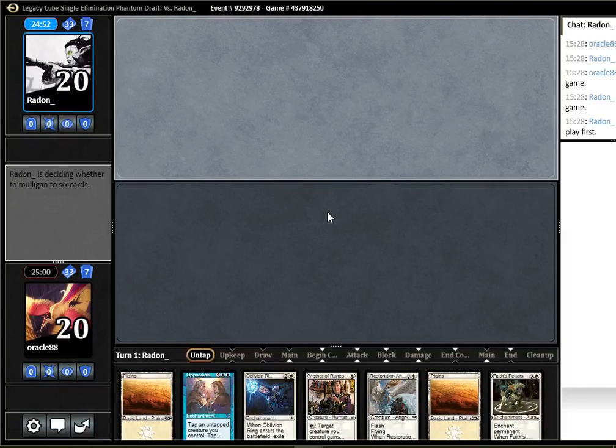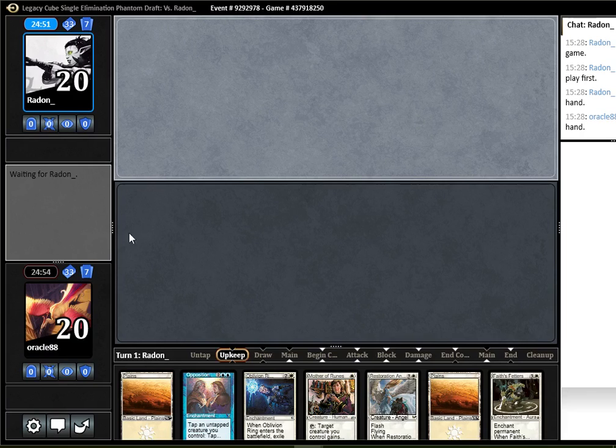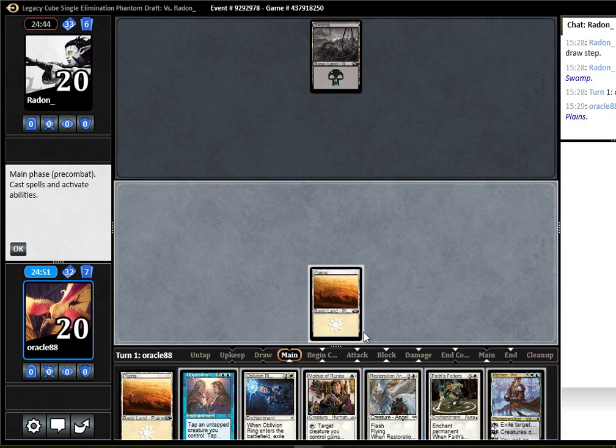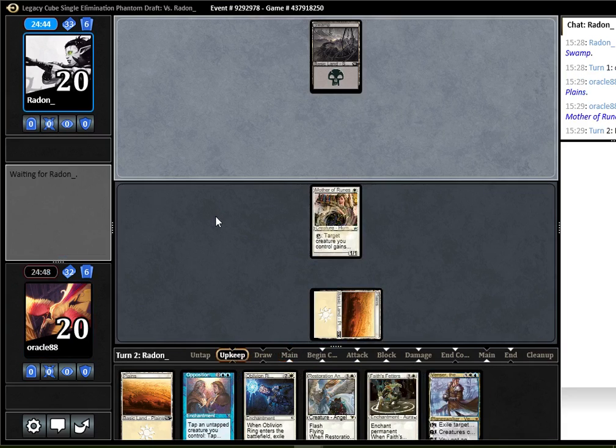Hi guys, you've got the Oracle there, back for the finals. And that hand is lacking blue mana, but I still think I like it. It has turn 1 Mother of Ruin as well as 2 good removal spells. I need blue, I need lands, but that aside, I like my chances. Obviously if I draw 5 drops and 4 drops and 3 drops and no lands, that's gonna be bad